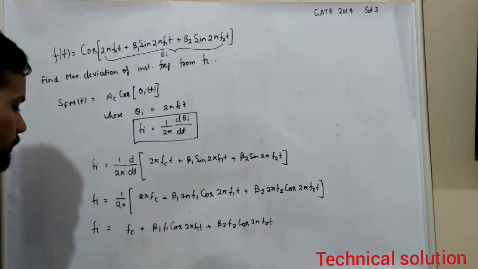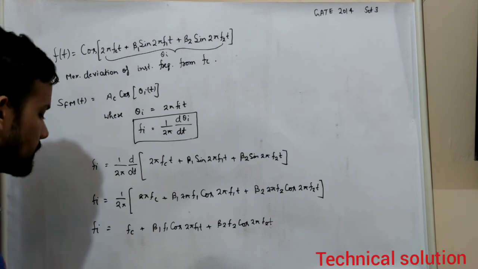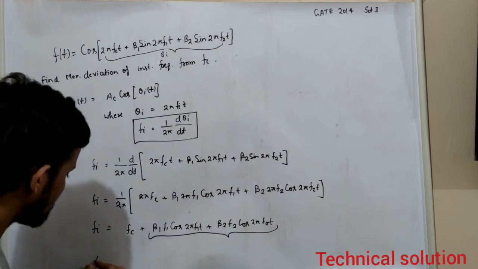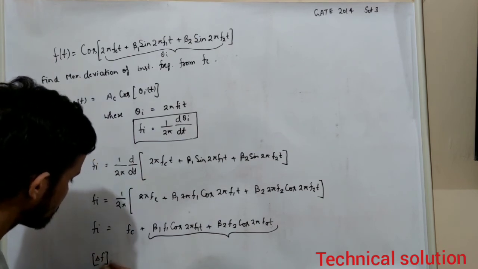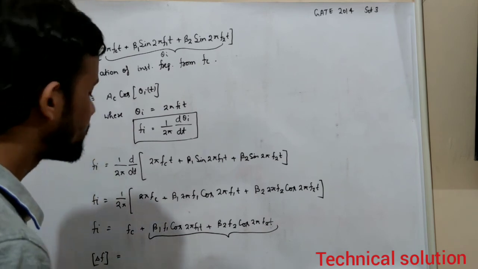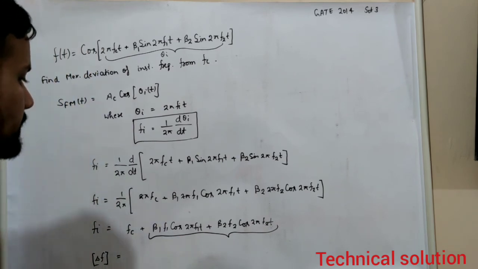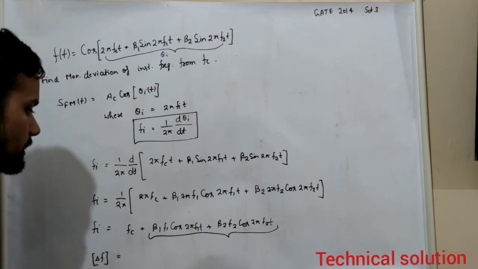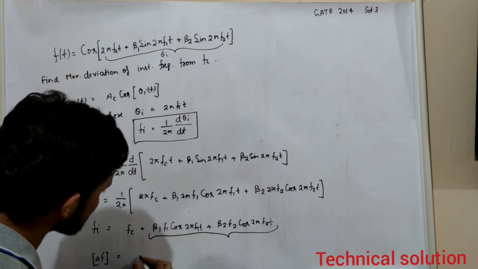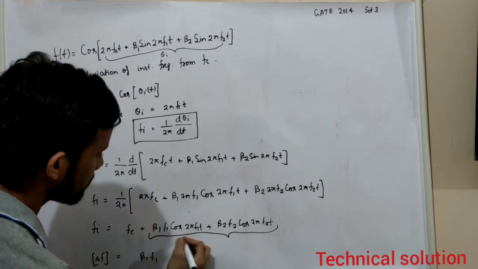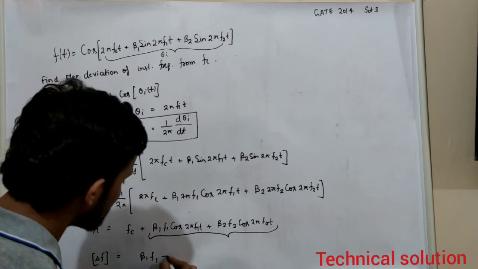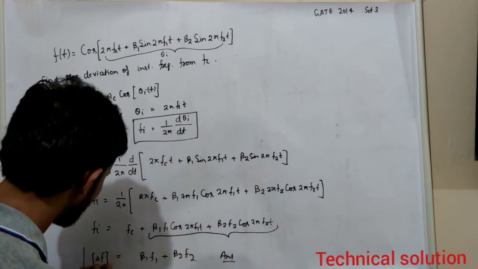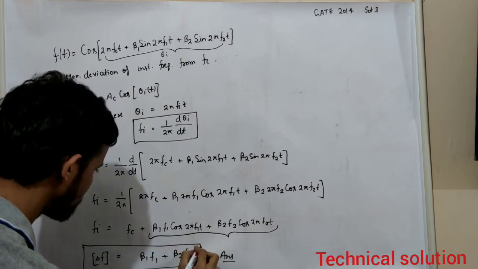And we have to find the frequency deviation from the carrier frequency. Then the maximum frequency deviation is given by this, that is delta f, equal to, as we are asked to find the maximum frequency deviation. As you know, the maximum value of cos theta is 1, therefore the maximum frequency deviation is given as beta 1 f1, with cos 2 pi f1 t equal to 1, plus beta 2 f2. This is the answer. Thank you.